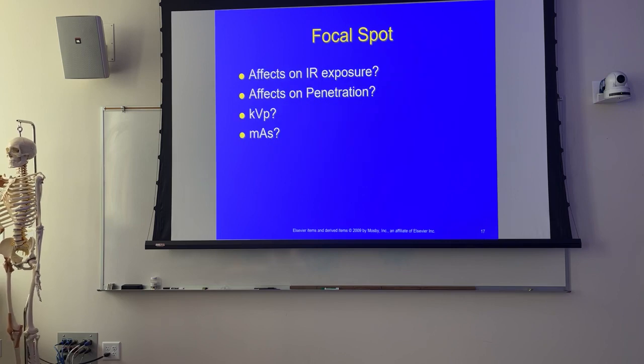Is where we use larger focal spot size. So effects on the image receptor exposure should be none, and I say should be. You know, if you make an exposure on a small focal spot and make an exposure on a larger focal spot, if you just want to go do some experimentation and you look at the output, most of your machines will have an output,